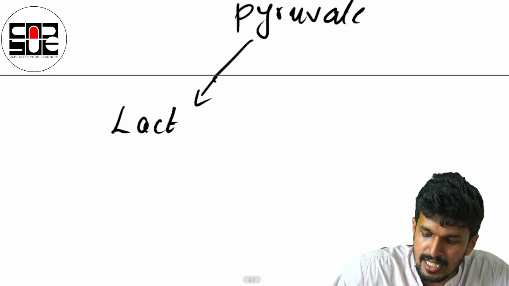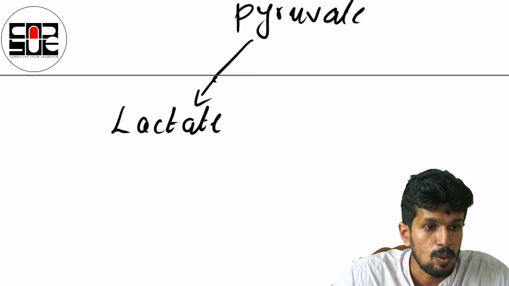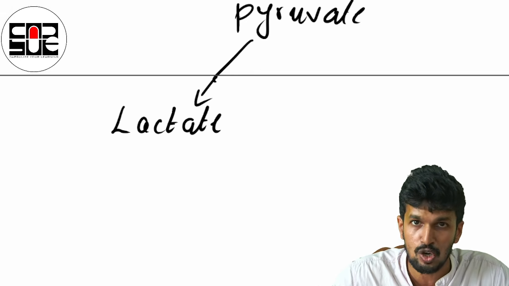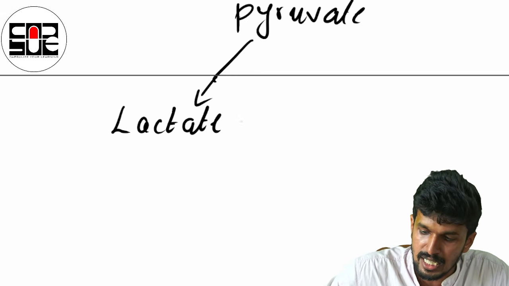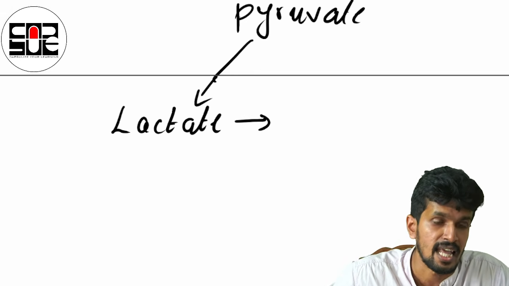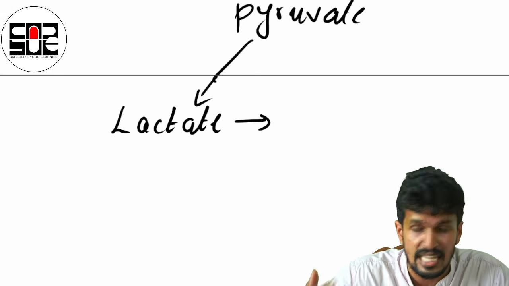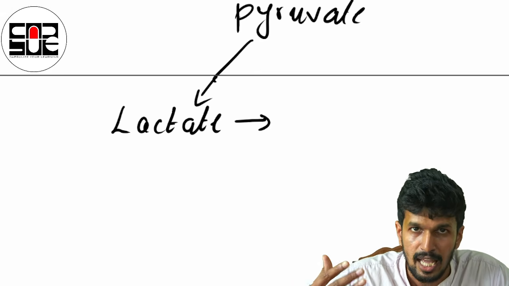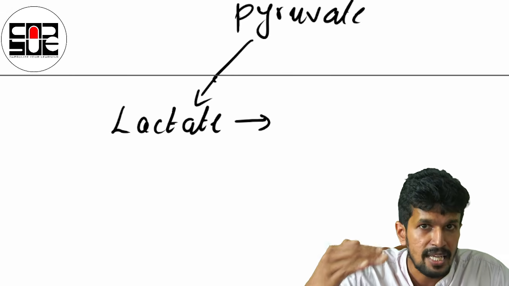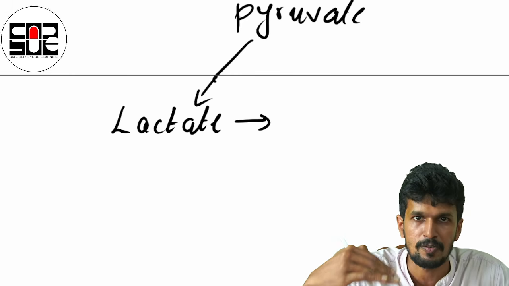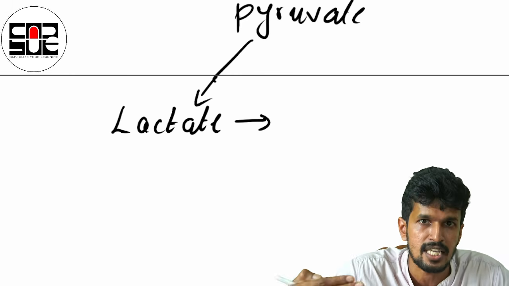Basically, what is lactate? Lactate is an acid. So what accumulates when there is more anaerobic respiration? Anaerobic respiration leads to accumulation of lactic acid, and that can lead to metabolic acidosis at the tissue, at the cellular level. This is the basic thing which happens when there is tissue hypoperfusion at a cellular level. What are the other things which can happen?